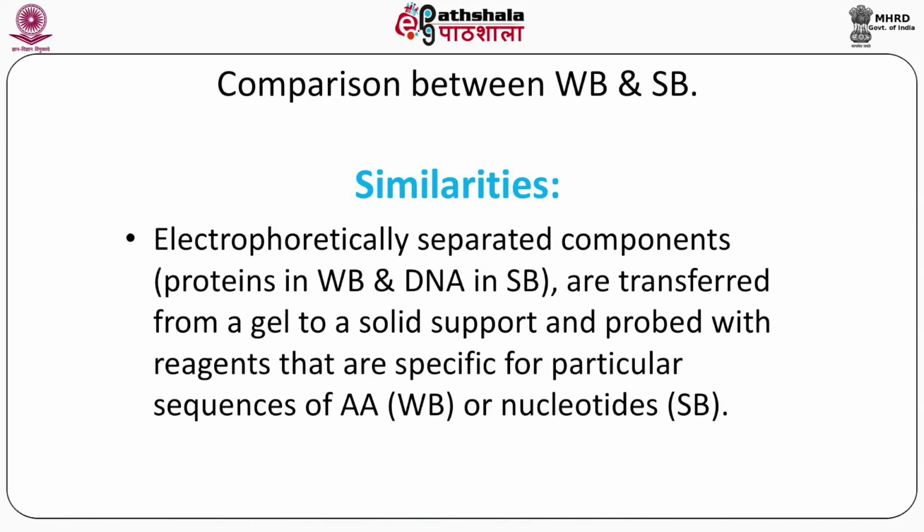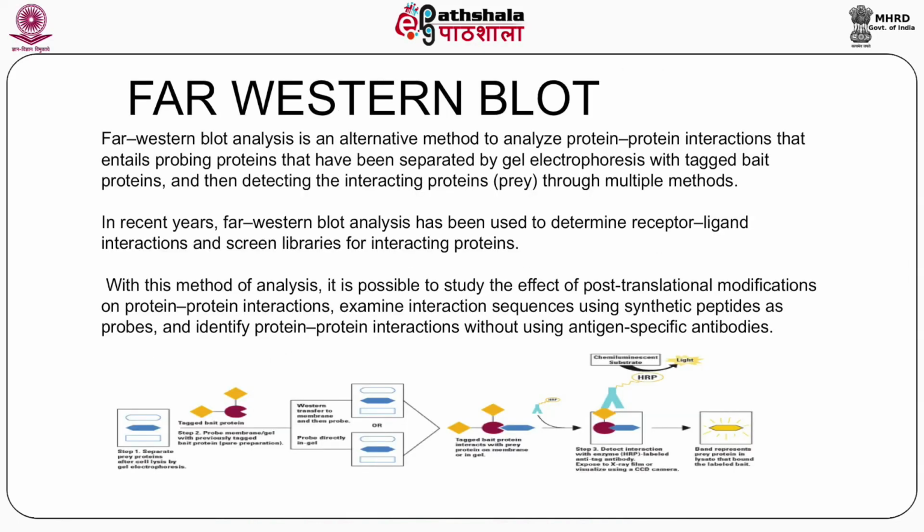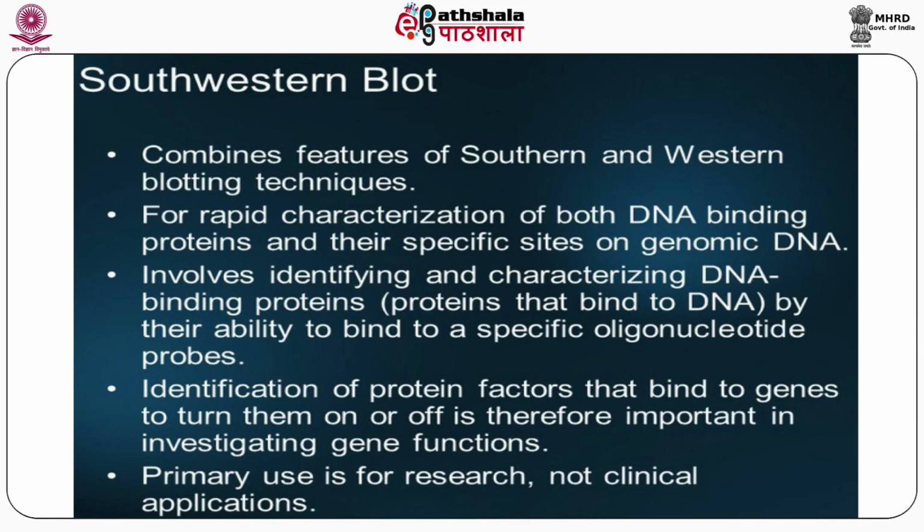And then very quickly we are going to talk about another technique, which is known as the far western blot. Far western blot is a way in which we study protein-protein interactions. We are done with the western blots, and if two proteins are interacting with each other, there are different ways to detect that, like immunoprecipitation and others. But this is another technique, a little deviation of the western blot, to detect two proteins which are actually interacting with each other. And then this is the southwestern blot, as I was talking about before. This is a way to find out the DNA binding proteins, where we combine the southern blot and the western blot to find the proteins that actually bind to the DNA.